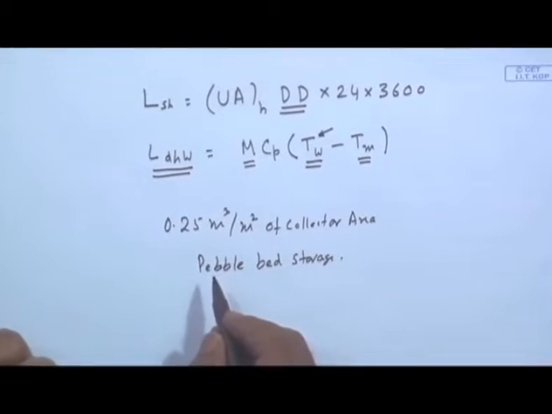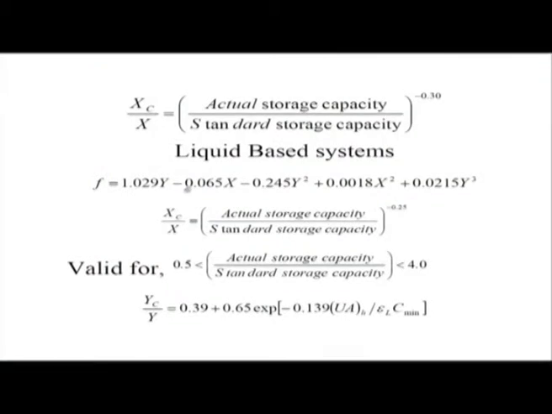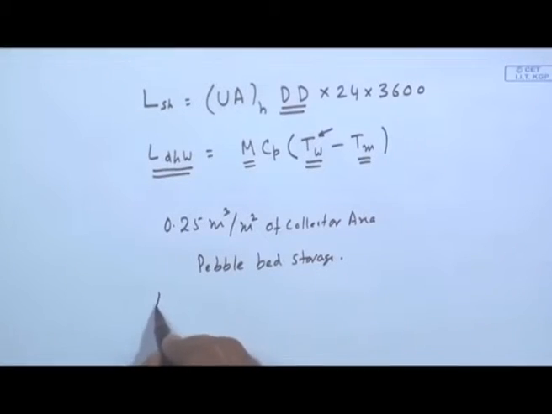So, a similar relation is given for the liquid based systems. These numbers 1.04, 1.029 slightly differ, and you have Xc upon X. If the storage capacity is different from the standard storage capacity, you correct X, and this relation is valid between 0.5 to 4 of the ratio of actual storage capacity to the standard storage capacity. And then the liquid based